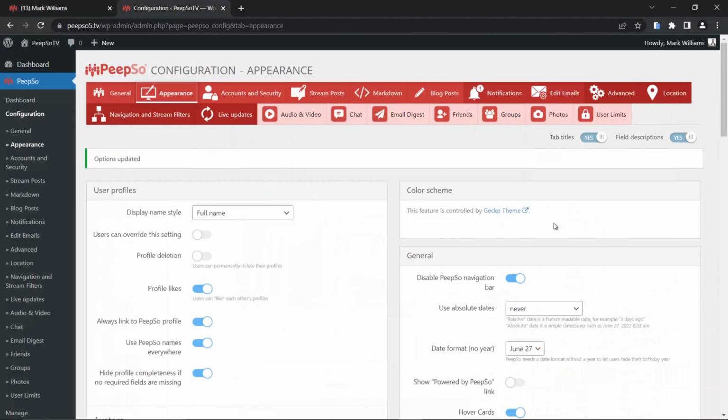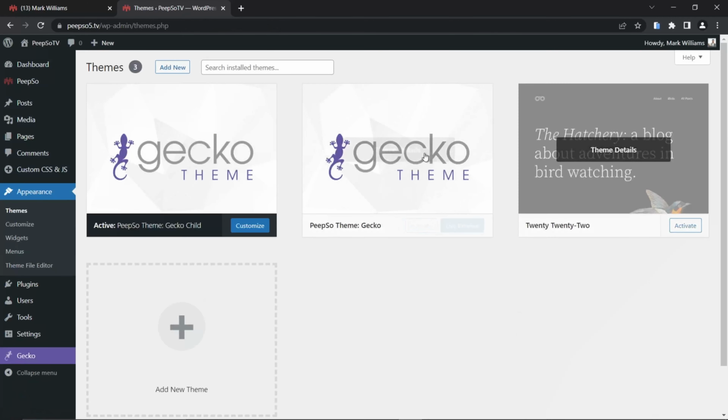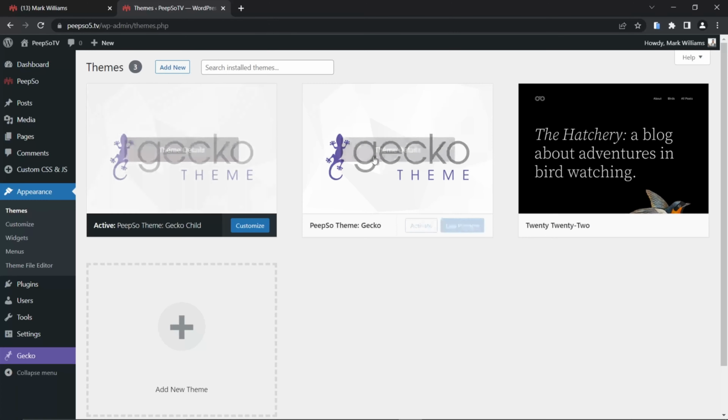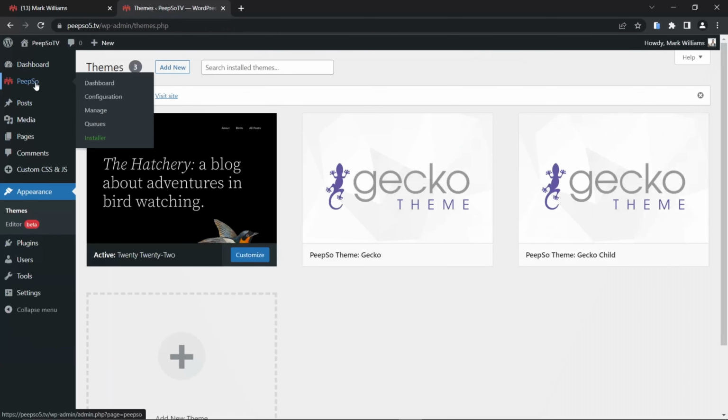Now let's switch to the right side of the settings. The color scheme, because we are using the Gecko theme for this website, is controlled by the Gecko theme. But if you don't have the Gecko theme, let's quickly change our theme to something else. Appearance, themes, and let's say you decided to use whatever other theme for whatever reason. Activate it. Now go to PeepSo,